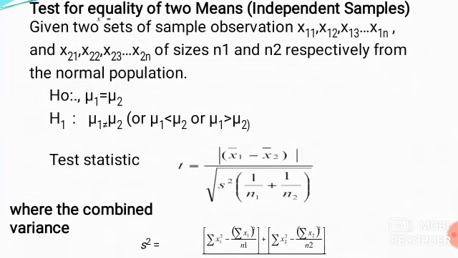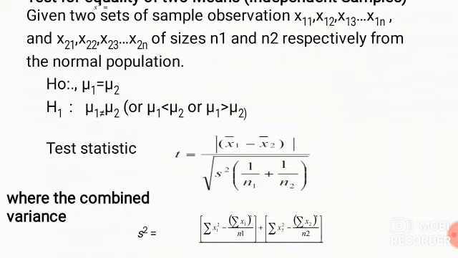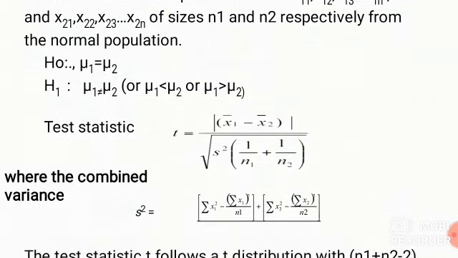So the first step of the test of significance is the null hypothesis: mu1 equal to mu2, and the alternative hypothesis: mu1 does not equal mu2. Another condition is mu1 less than mu2 or mu1 greater than mu2. Then we use the test statistic t. Here the formula of the t statistic is x bar 1 minus x bar 2 divided by the standard error of the sample mean,